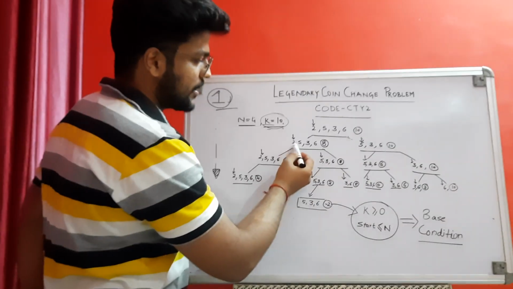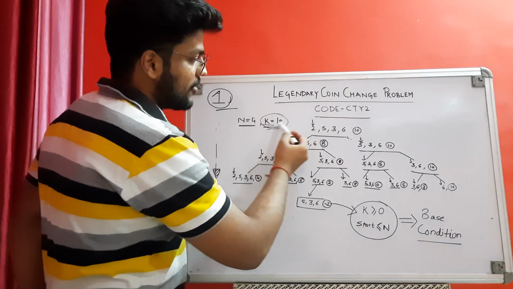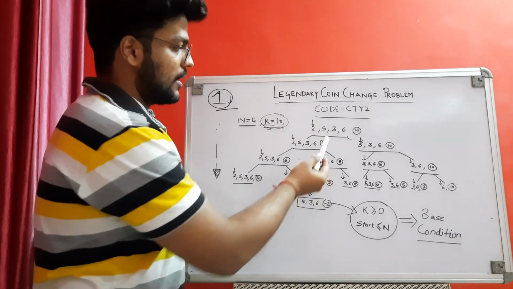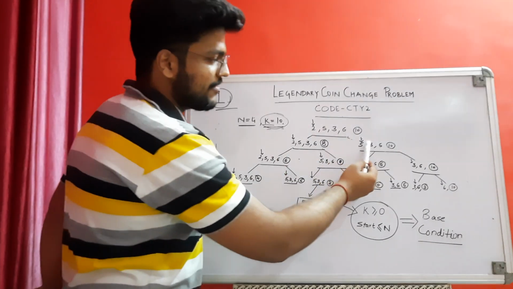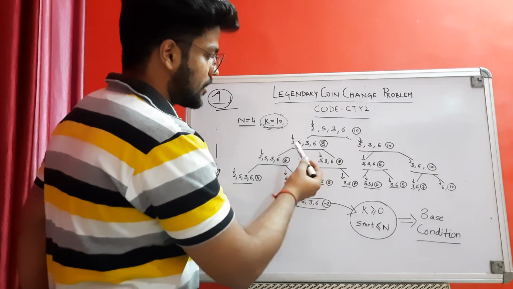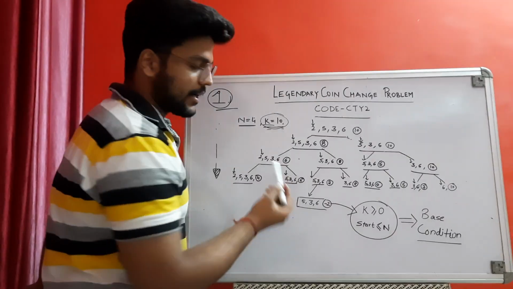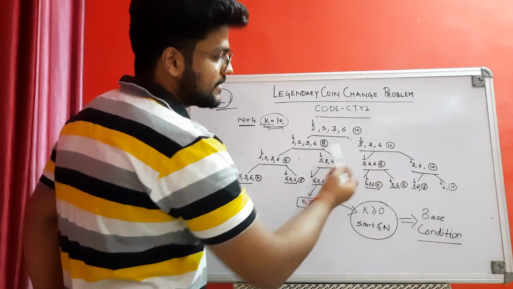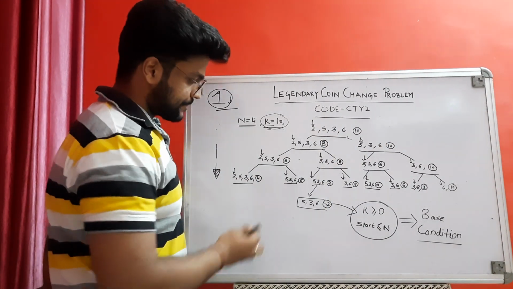If you take 2 in the solution, what will be the value of k? k will be 10 minus 2, because you have taken it, so 8. Or if you don't take it, if you leave the 2 denomination coin, you have 5, 3, 6 and the sum will still be 10 because you haven't taken 2. So now we have two problems like this. In the first you again have 4 denominations and you have to make the sum k equals 8, and in the second you have 3 denomination coins and you have to make the sum k equals 10.